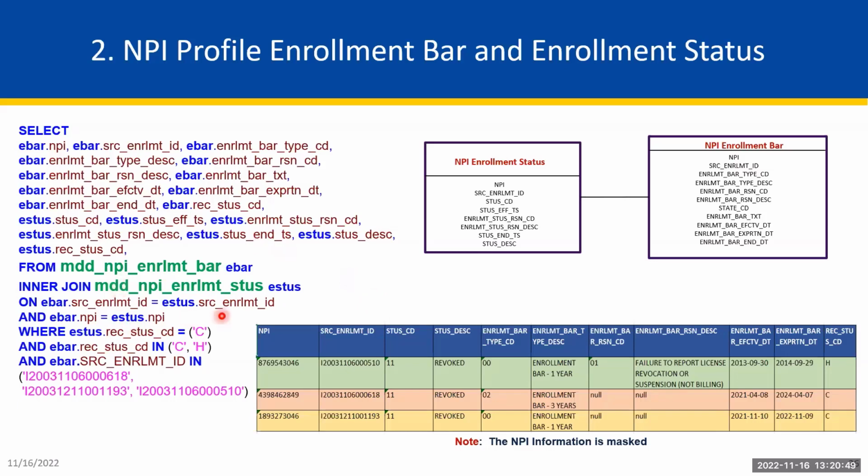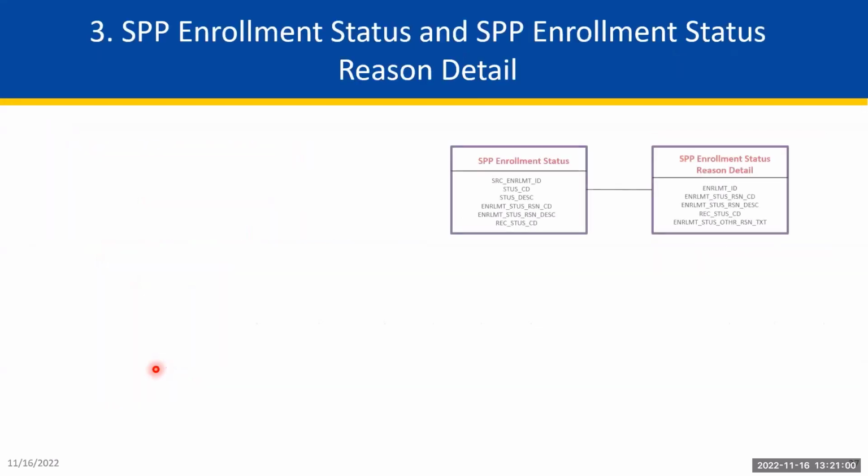So this is a sample query that you can use. This query uses the enrollment ID, but if you have an NPI, you can substitute the enrollment ID with an NPI and use the query. So the next use case